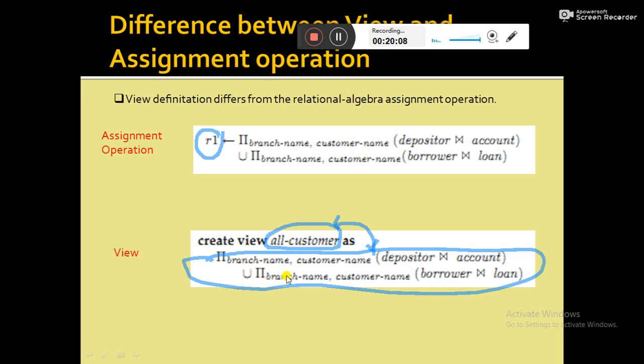Then the query processor executes the view definition and accesses the actual relations depositor, account, borrower and loan. So whatever changes are there, they will be reflected in the view.